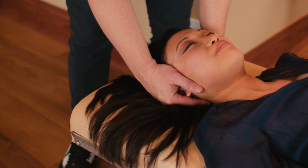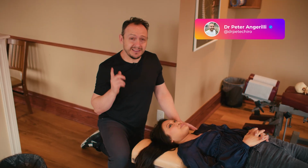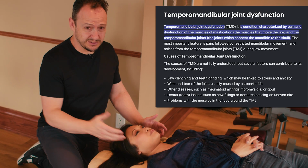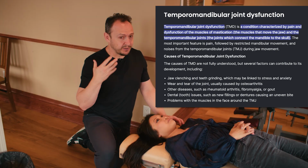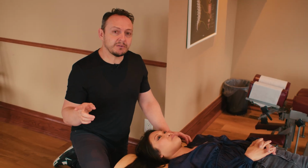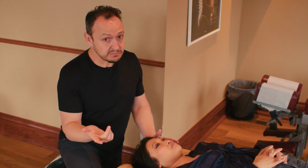All right, well, I never thought as a chiropractor I'd be looking into people's mouths, but actually it comes up a lot because a lot of people have TMJ problems, jaw problems. They're super common. I'm not exactly sure why. I even have them myself. I sometimes wonder if they're related to having braces and having my teeth and jaw moved. But I'm gonna show you how chiropractors can deal with TMJ, jaw pain, jaw clicking, which again is unfortunately pretty